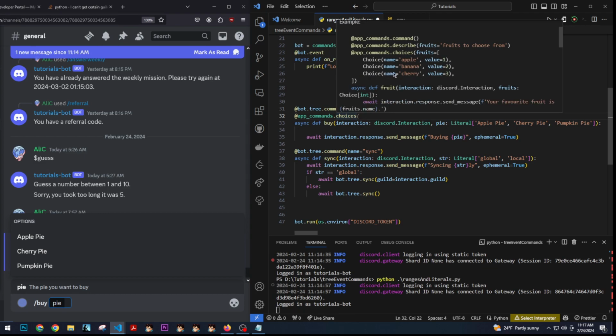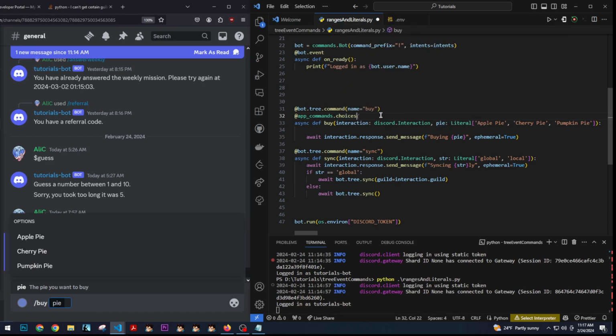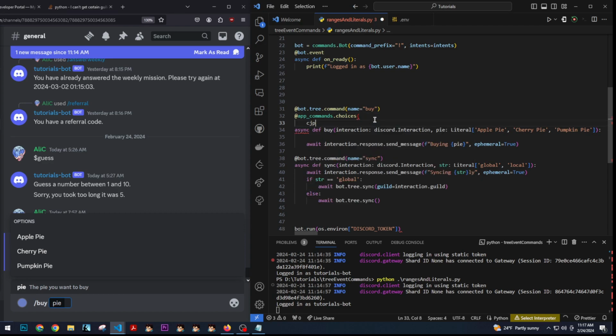Literally, this example explains it perfectly. I'm able to punch in these examples here, and then it would replace that parameter here. So instead of having a literal, we could make a choices